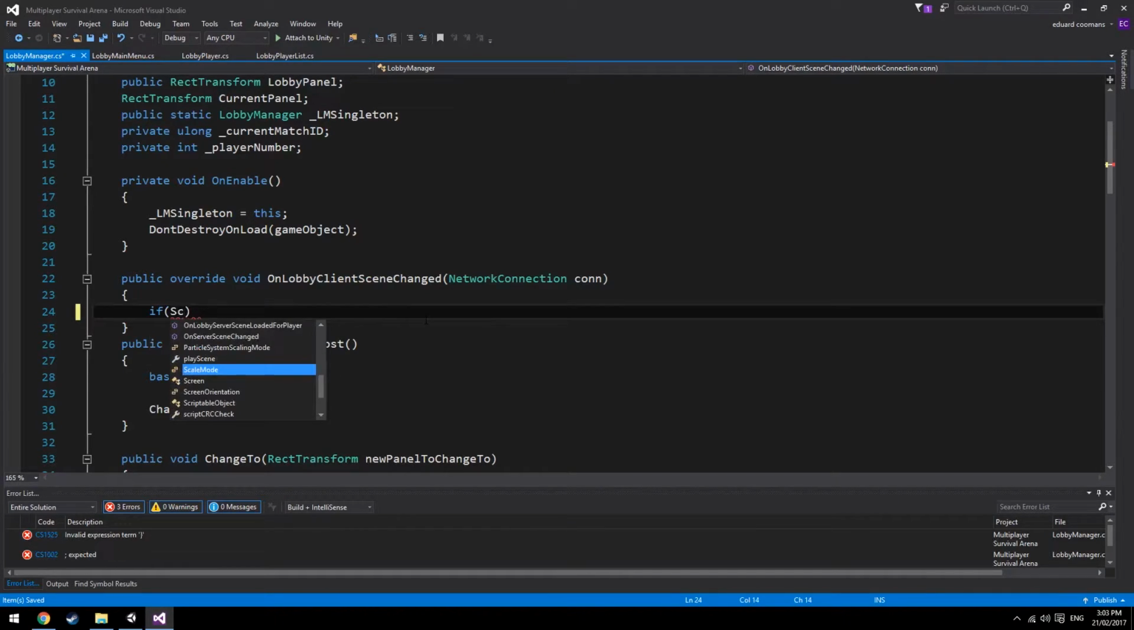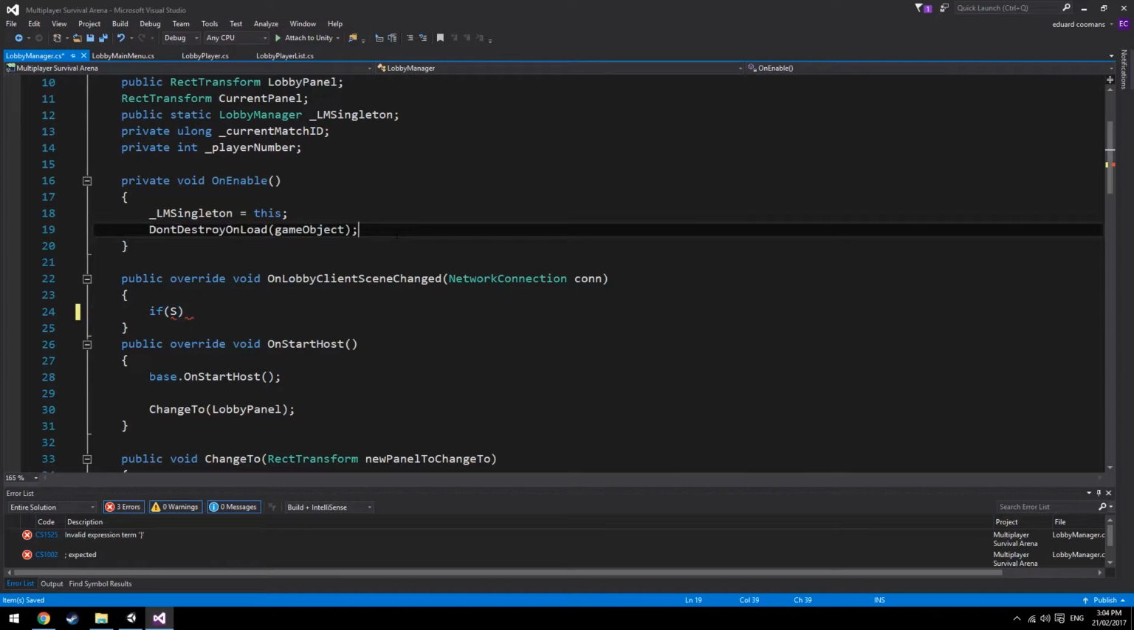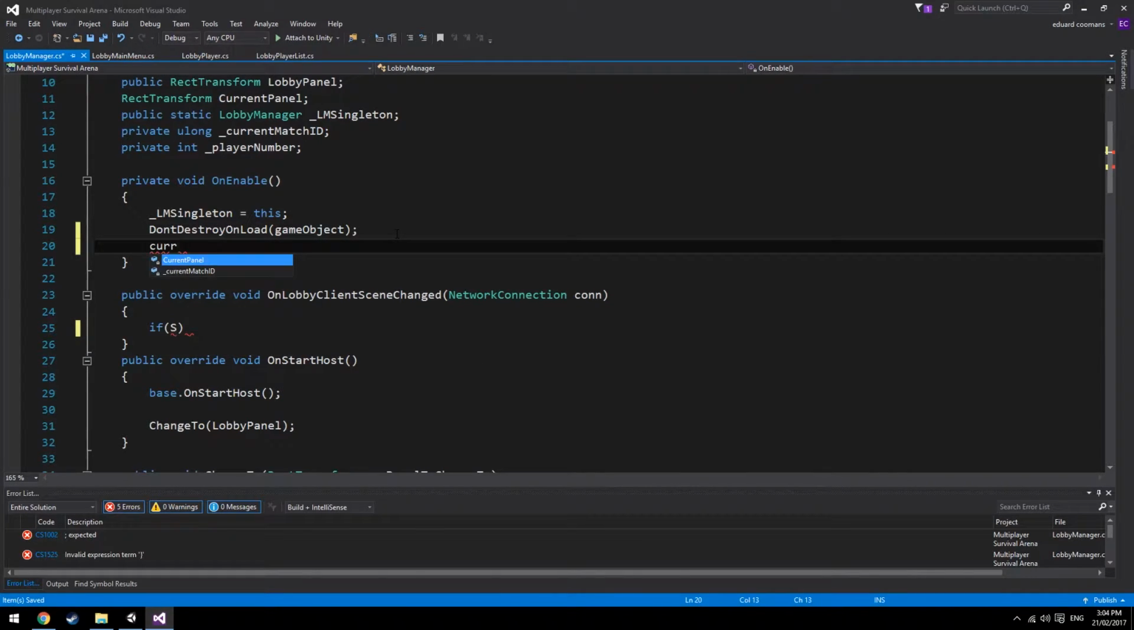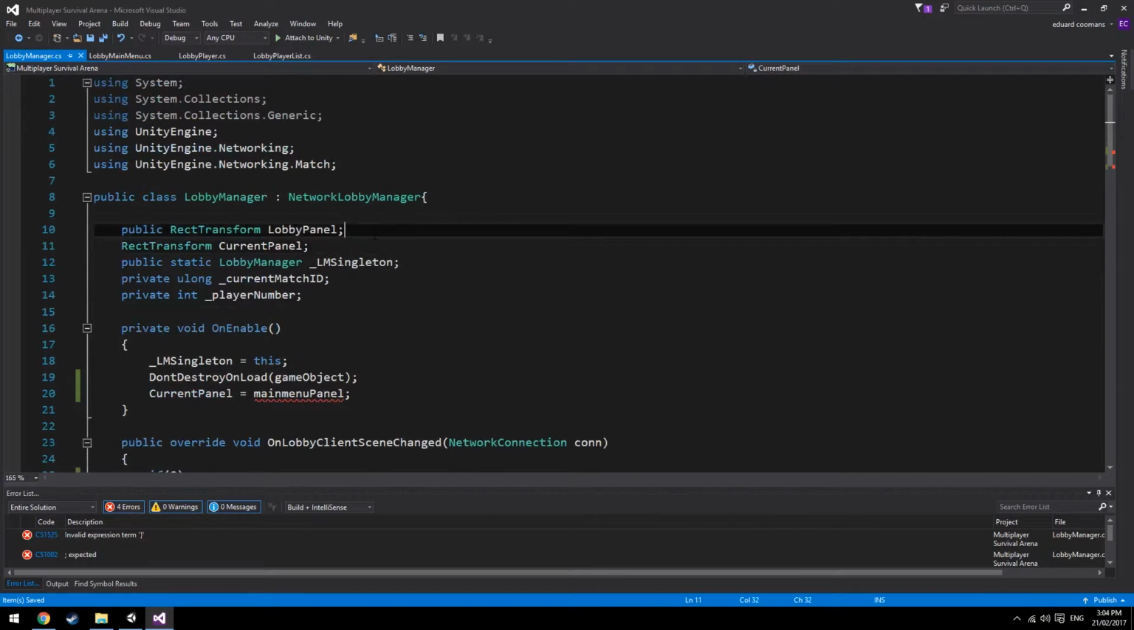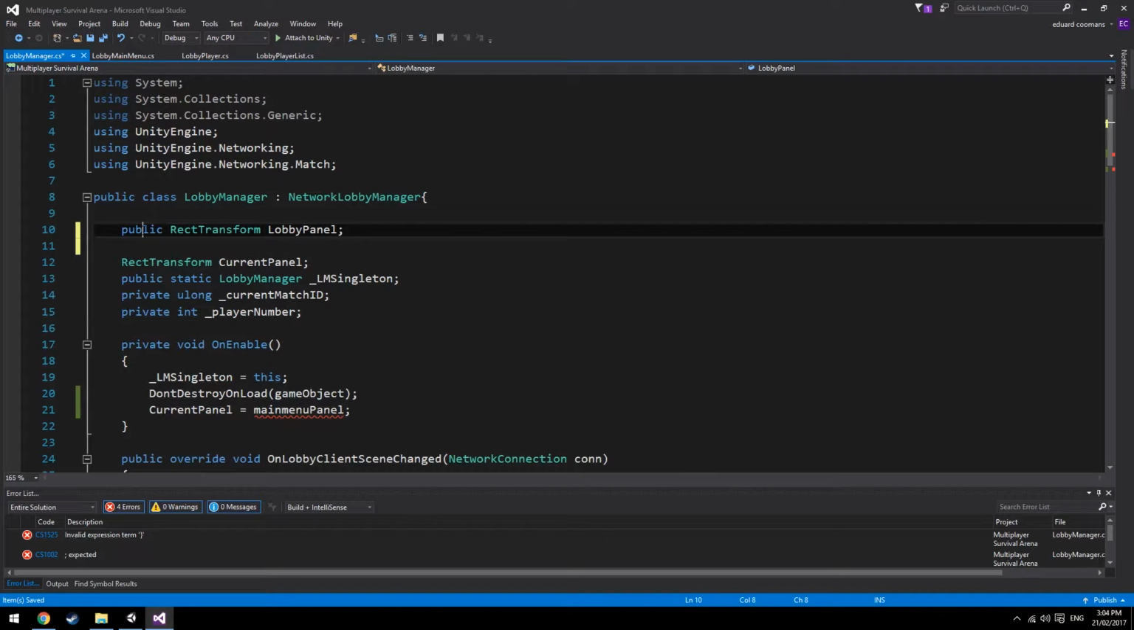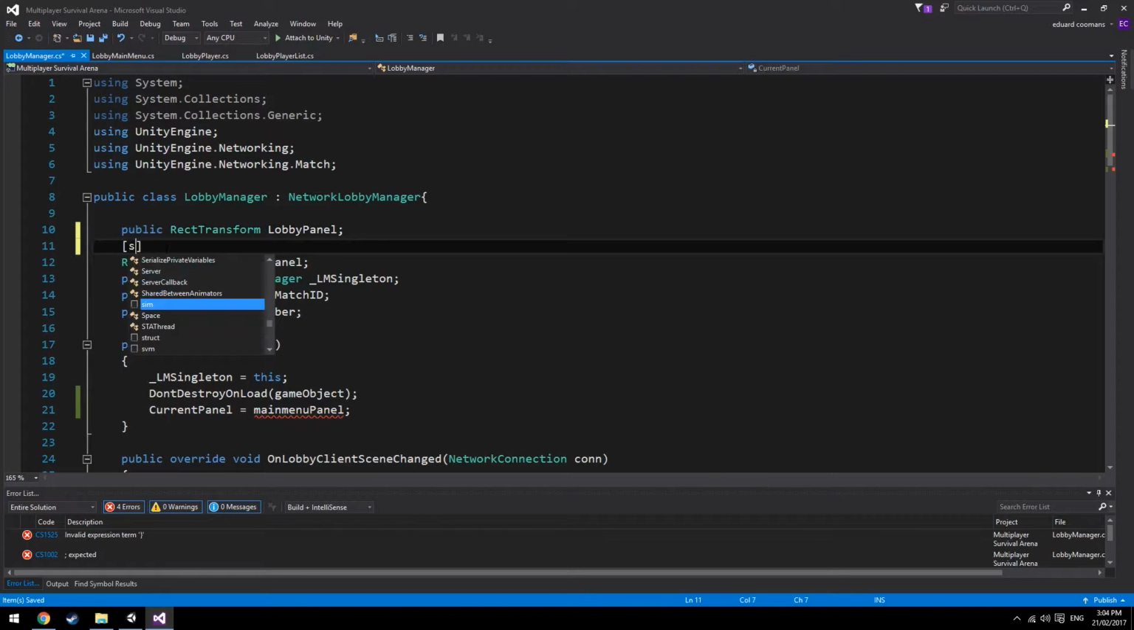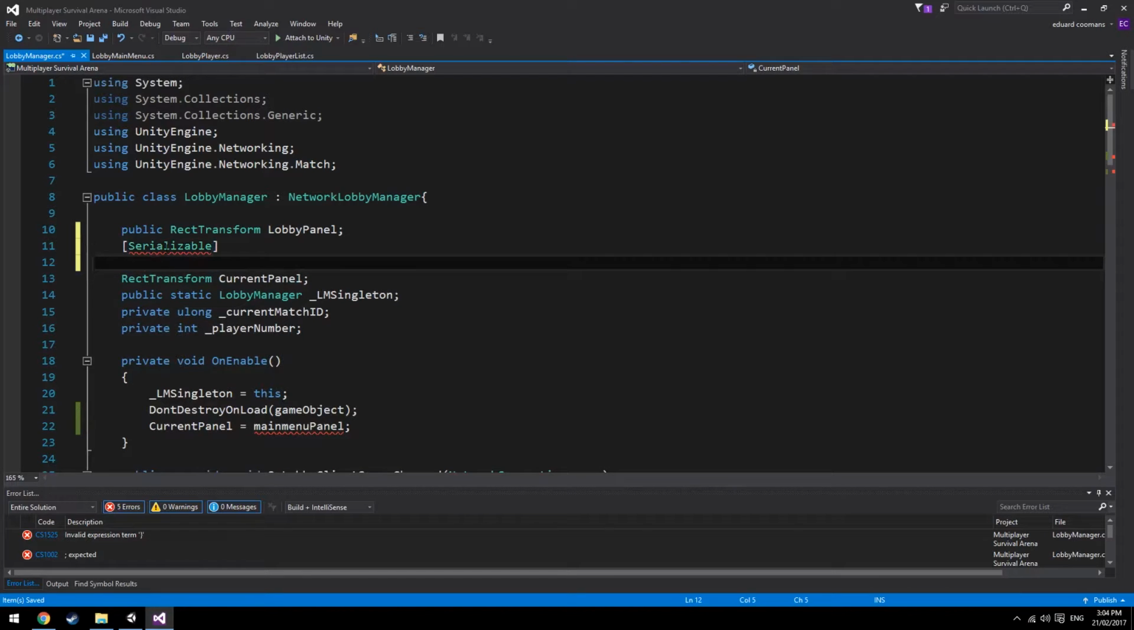So if the, actually no, we go to the enable function and we're going to say current panel is equal to the main menu panel. And of course we need to get it somewhere, and we'll say serializable field, main transform, rect transform actually, main menu panel,